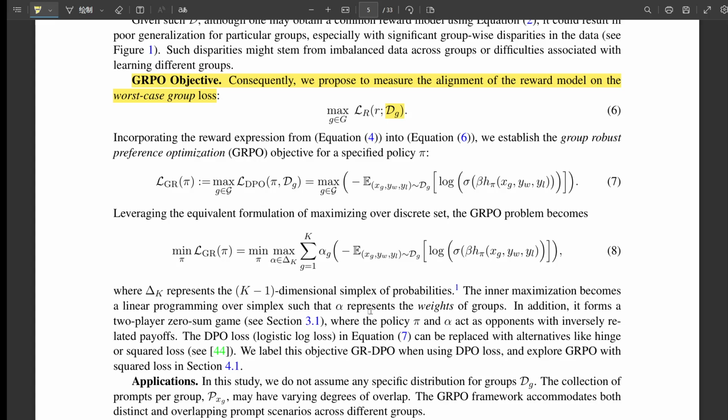Okay, but what about groups that have way more data than other groups? Wouldn't their feedback kind of dominate the training process? That's where the scaling factor comes in. They use a scaling factor to normalize the influence of each group based on how much data they have. So even if one group is louder, so to speak, because they've got more data, they don't drown everyone else out. Right, exactly. Okay, that's pretty clever.